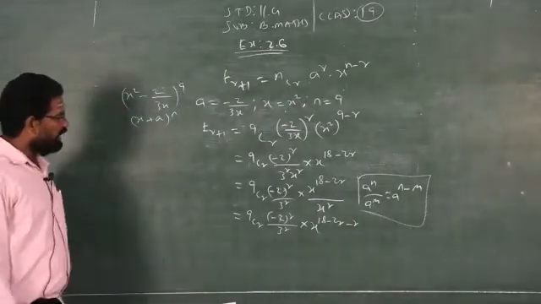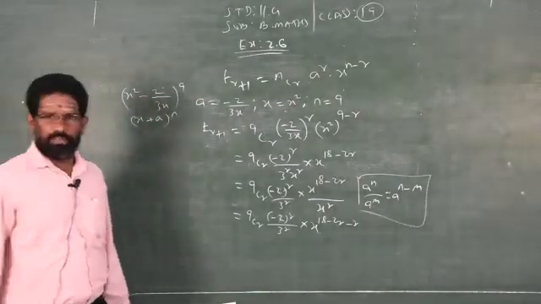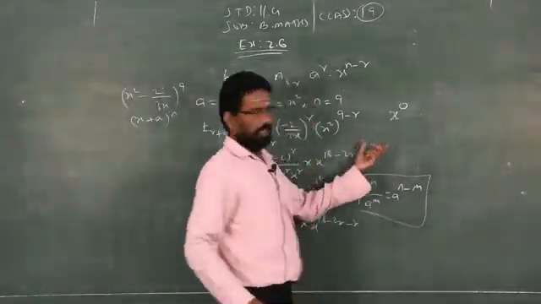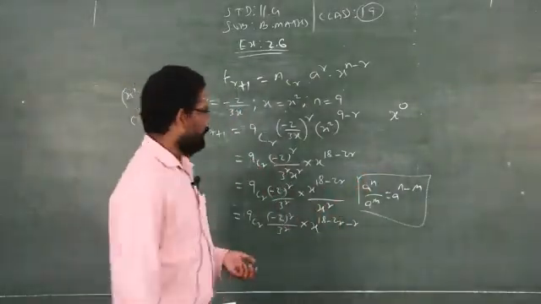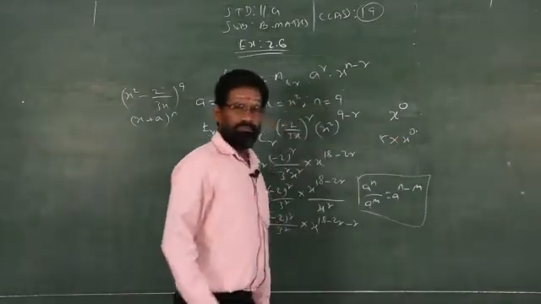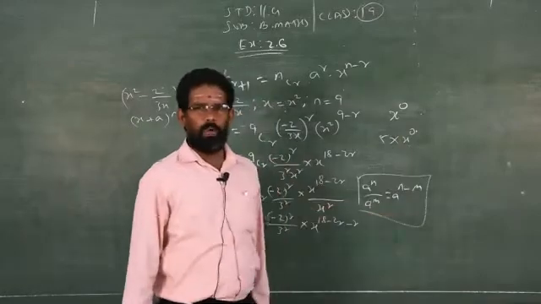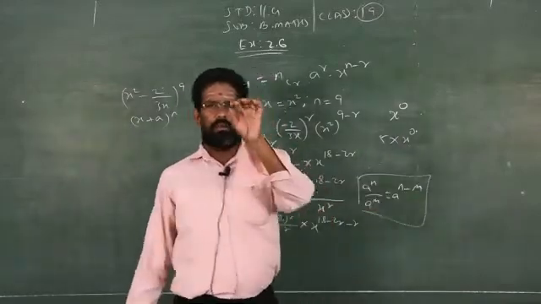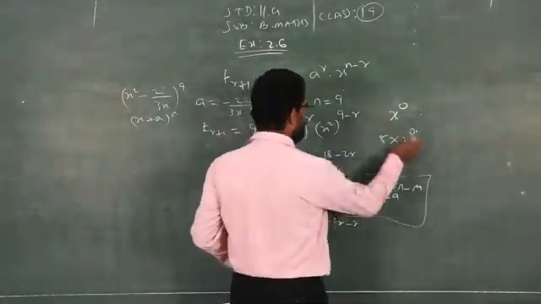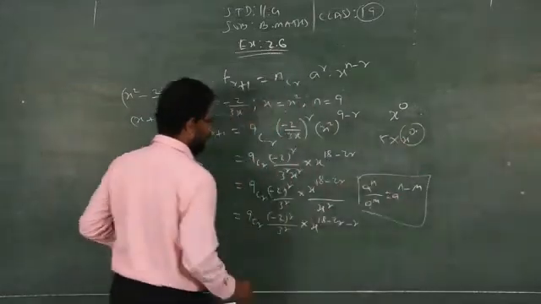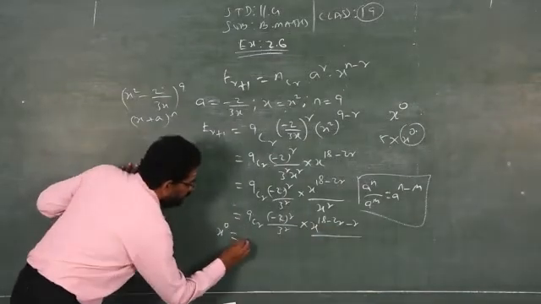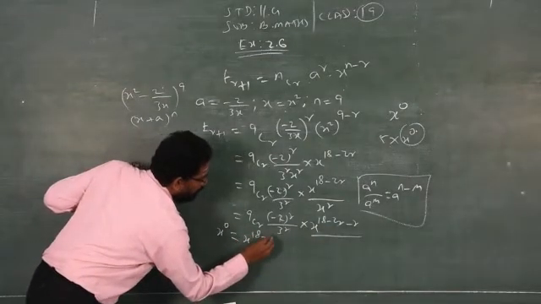So now, what is my independent term? The variable has power 0. Just now I did one example, x power 0. When I say one constant, this constant you can write as 5 into x power 0. Anything power 0 is 1. So 5 into 1 is 5. That is called a constant, and it is also independent of the variable x. So if it is an independent term, then you have to compare x power 0 is equal to x power 18 minus 3r.